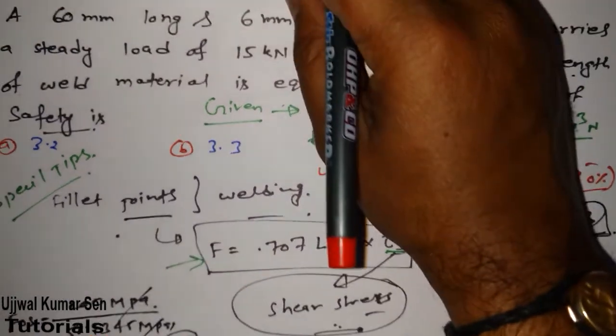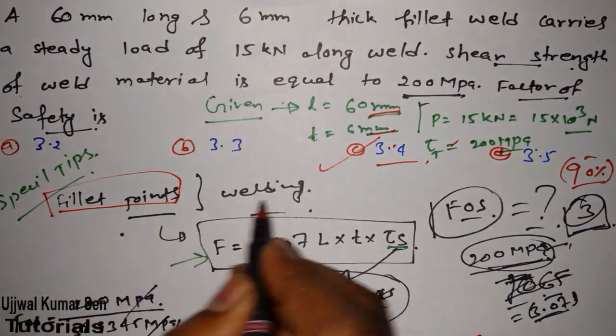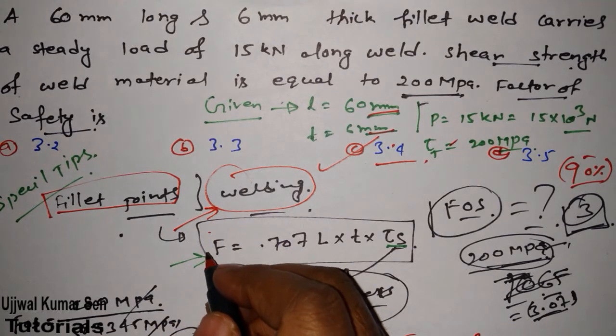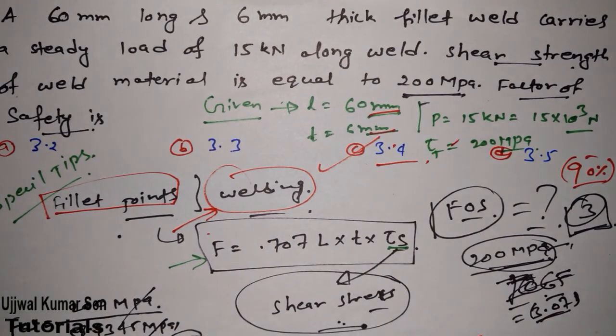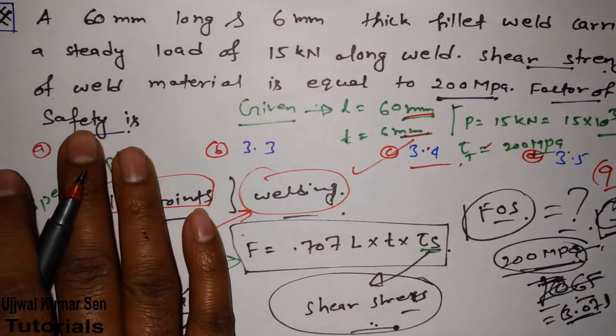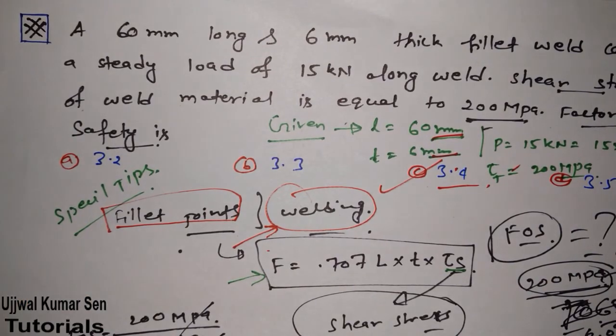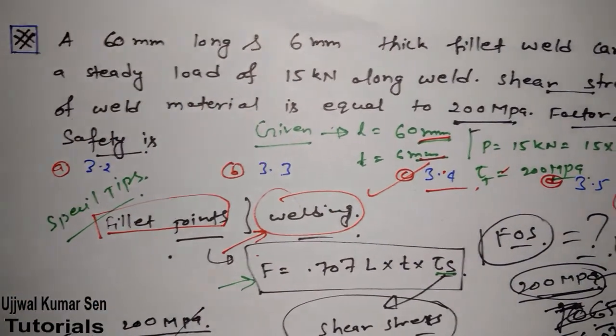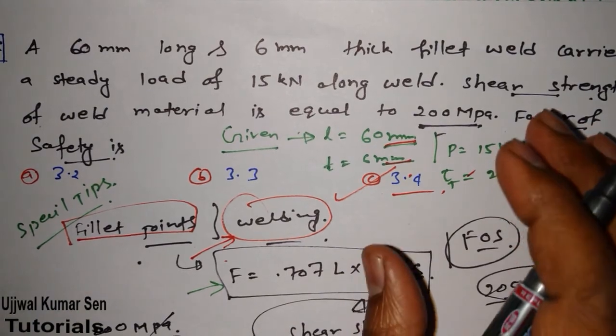So in this way you can solve questions related to fillet joints, or I must say in the case of welding in machine design. One of the most important topics is the riveted joint. You must learn how to solve that joint, right? I will definitely share riveted joint questions in my upcoming videos, because that joint is also important, and it's really important for me to share such important topics in my tutorials. So this is all about fillet joints, and I hope you have enjoyed the tutorial.